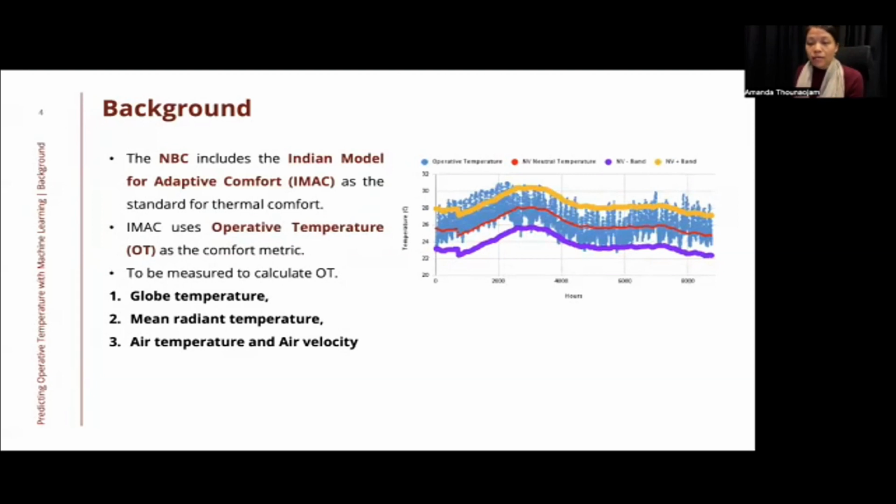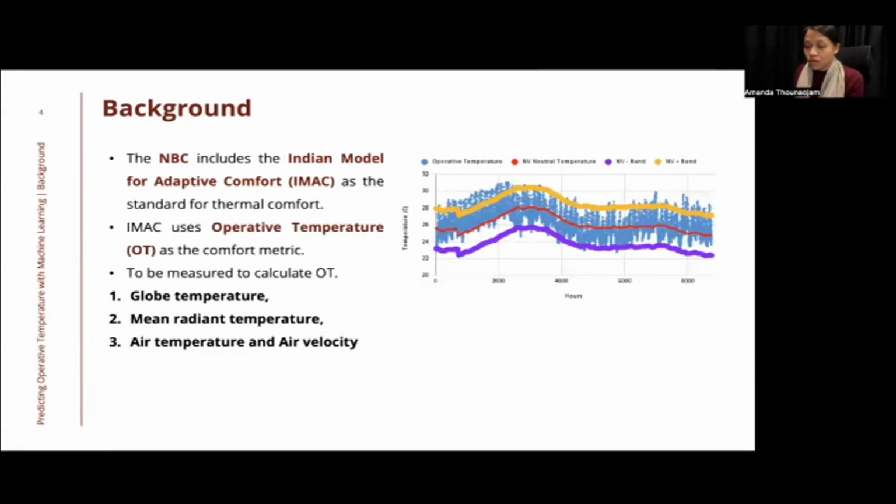Now, this IMAC comfort model uses operative temperature as the comfort metric. However, operative temperature is not commonly used as a parameter for cooling system controls in buildings. This is because globe temperature, mean radiant temperature, and air velocity are required to be measured to calculate operative temperature. And these parameters are difficult to measure in real time and at long-term level due to the nature of the equipment